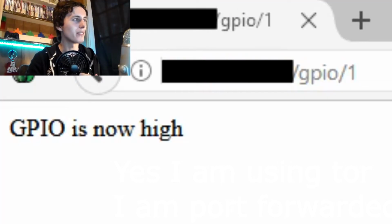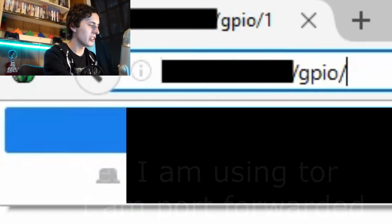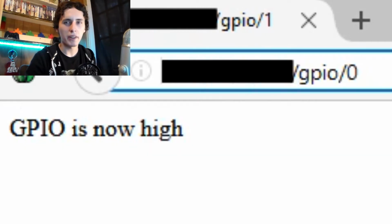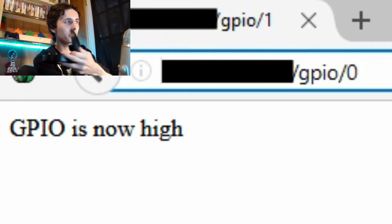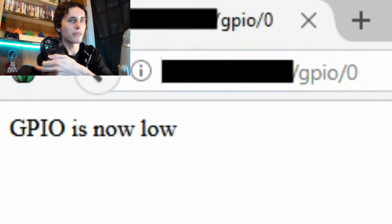So yeah, let's hop back over to the computer here, type in GPIO/0, and by the way, I will be probably censoring this whole left side of the URL here, because like I said, this is all connected to my home router and I have it currently port forwarded in a really bad way, so I don't want to be hacked or nothing, so I'm going to be censoring that part of the code. But as you can see, as I put GPIO/0, if I give that a second to refresh, the fan